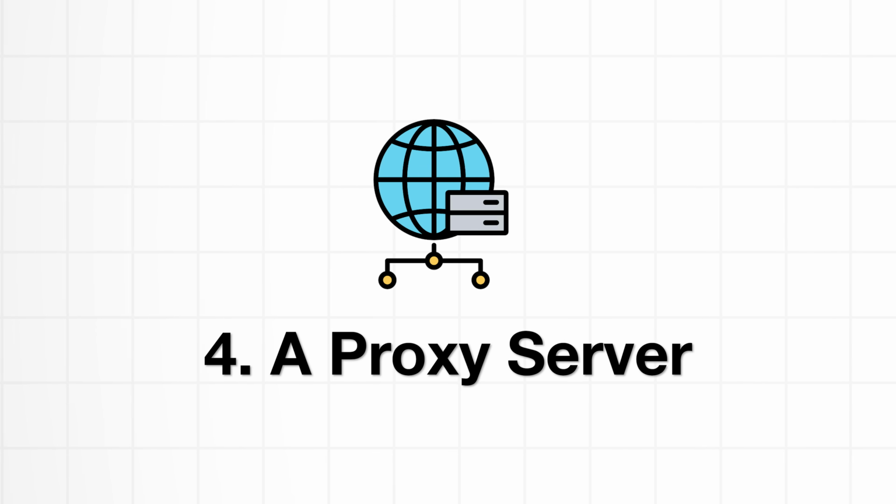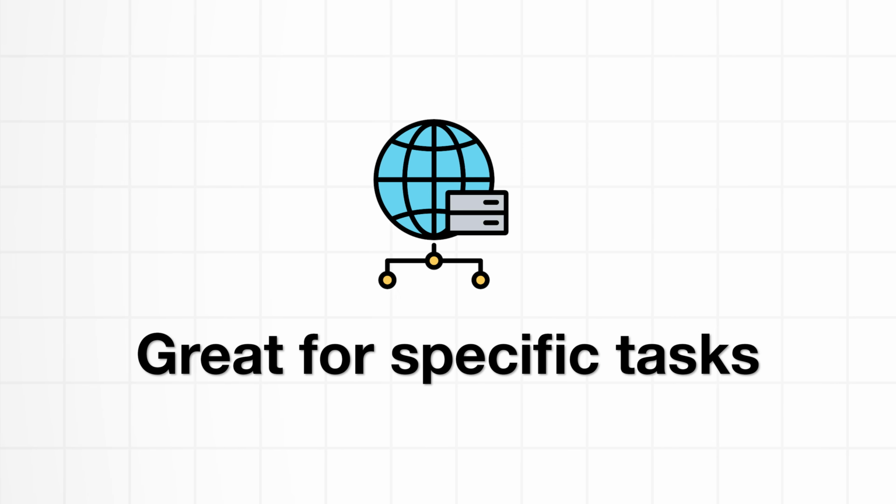Number 4, a proxy server. Great for specific tasks. A proxy is a VPN's simpler, faster, transparent cousin. Transparent means this: it changes your IP, but proxies don't encrypt your traffic. You send a request, the proxy forwards it using its own IP, and the response comes back through the same